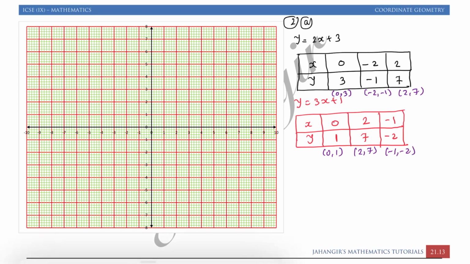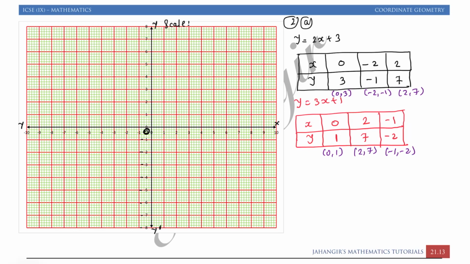Now before plotting you have to write x-axis, y-axis. I can write minus over here because it's not visible. Actually it is minus but it's not visible properly. We can write it down. 0 is the intersection of the two lines. This is y-axis, this is y dash. You can write the scale that you can fill up. On x-axis 1 centimeter equal to 1 unit, on y-axis 1 centimeter equal to 1 unit.